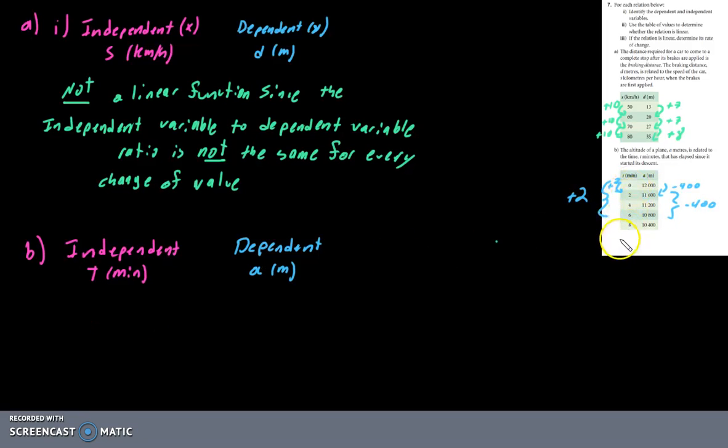So everything's going up by 2 on our independent side. Everything's going down by 400 on our dependent side. And as long as those are the same for both of us, this is a linear relation. Okay, I'll erase that. I'm sure somebody's thinking, why did I use pink for that? Is a linear relation